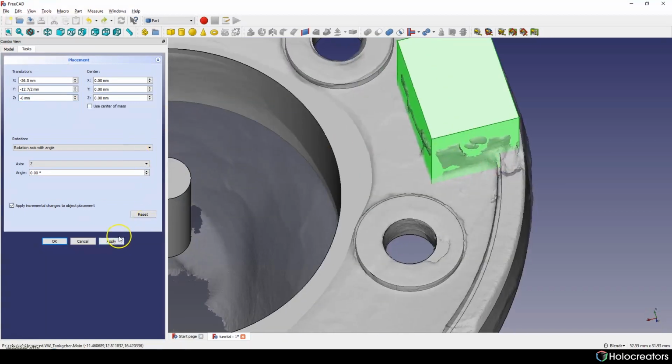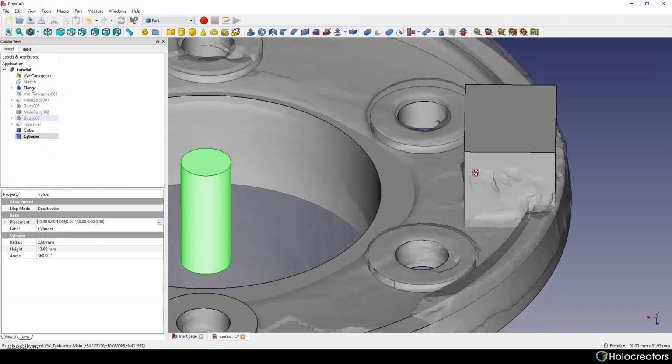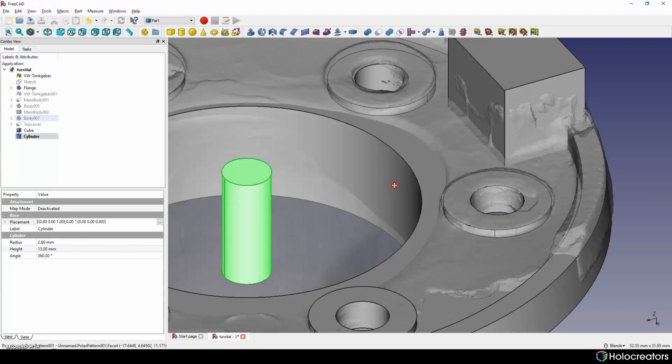It looks correct, and now we can hit apply. Okay, let's do the same thing for our cylinder.